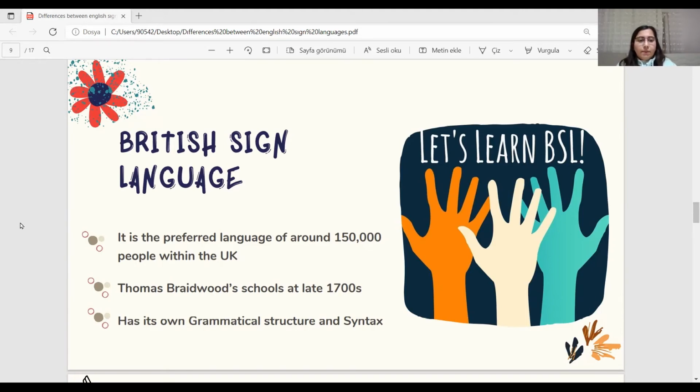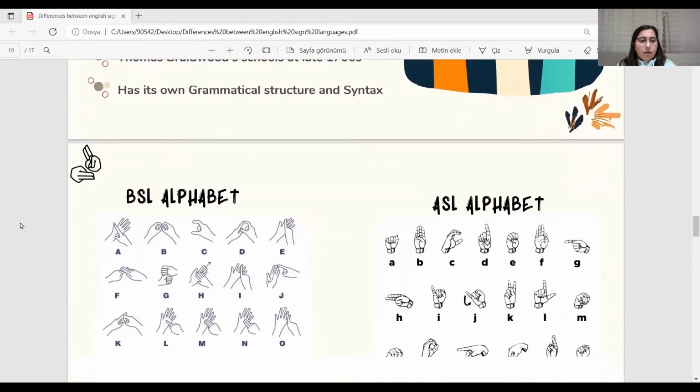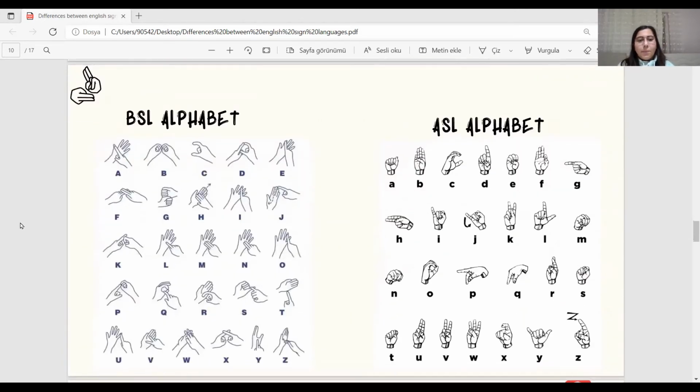When we look at the ASL and BSL differences, ASL and BSL both have similar fundamental features of sign language, such as the use of classifiers and topic-comment syntax, but they are different languages from each other. They have a long list of differences, but the most significant difference between ASL and BSL is the use of a one-handed manual alphabet in ASL and a two-handed manual alphabet in BSL.